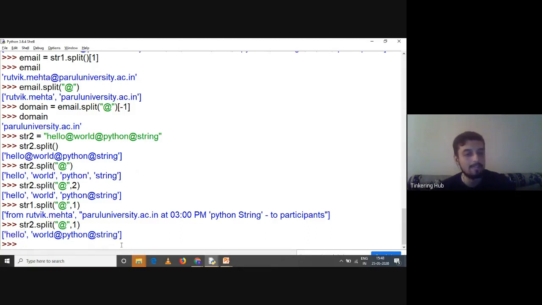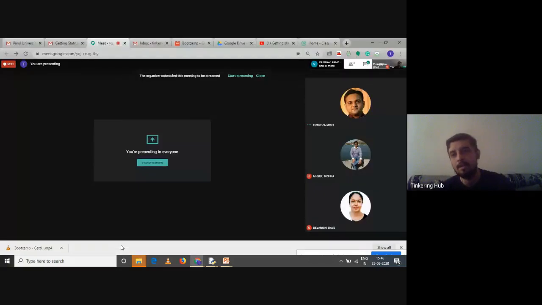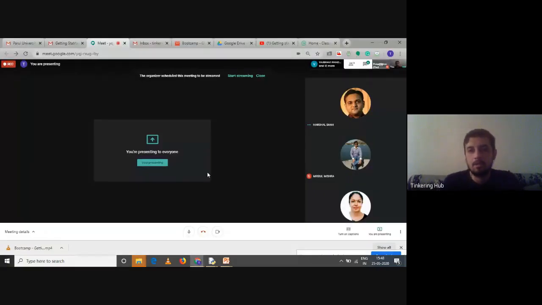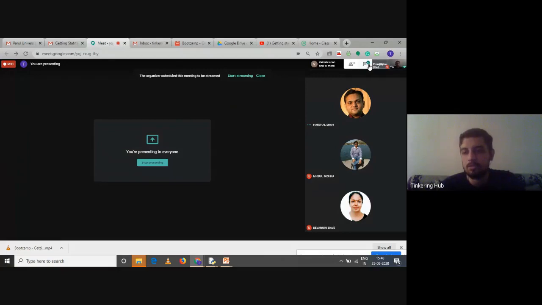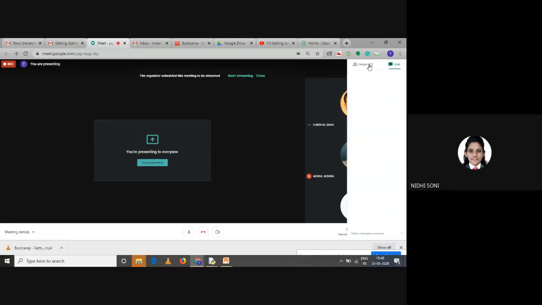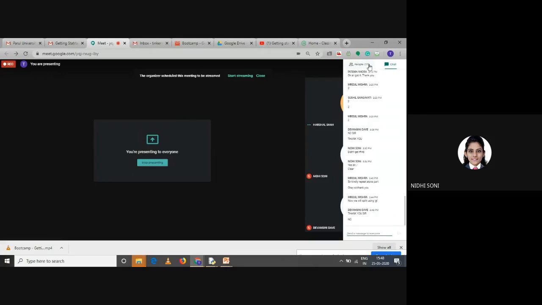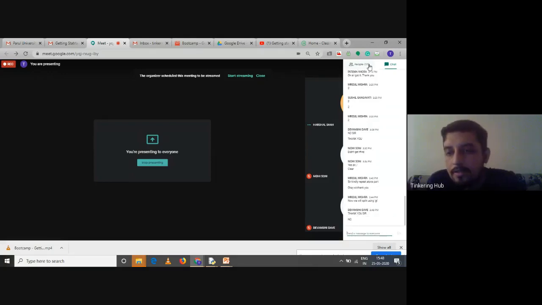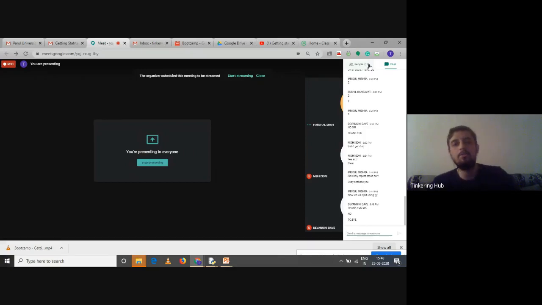There are many more methods that we are going to discuss tomorrow on string, because string is a larger part and we are left with many important methods that we need to cover tomorrow, right? But because of time restriction, we are ending it over here. Okay, any doubt in split and index? Any doubt in this? No. Okay, fine. Great. So we can cover many more examples tomorrow with string, and then we'll move to list.